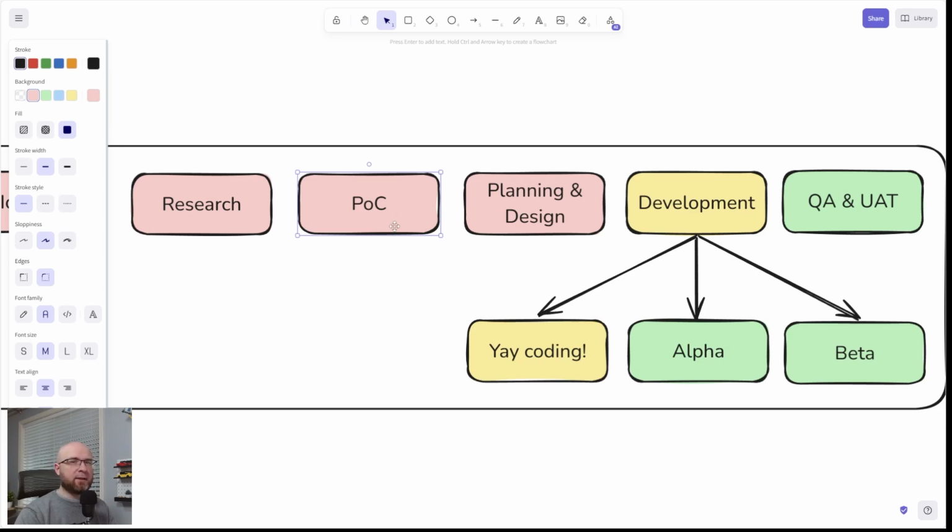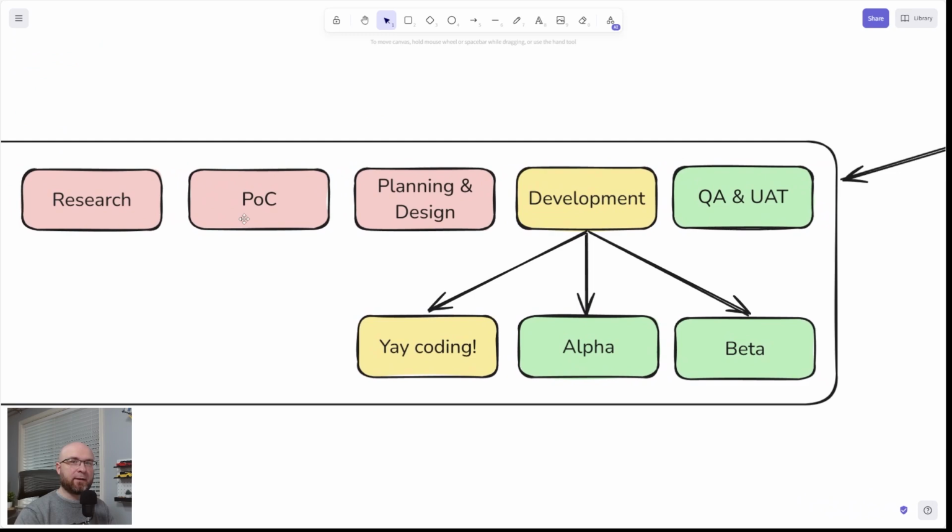But this POC, proof of concept, is something that's meant to be thrown away. So this code is not going to go to production. At least in theory, this code will not go to production. A POC may be something that you build to pitch to investors. Like, hey, look at this thing we built. Give us money, right? And you don't really need tests for that. You just need it to show off a happy path, which you're going to thoroughly manually test before going to that investor meeting. So you don't need tests just yet.